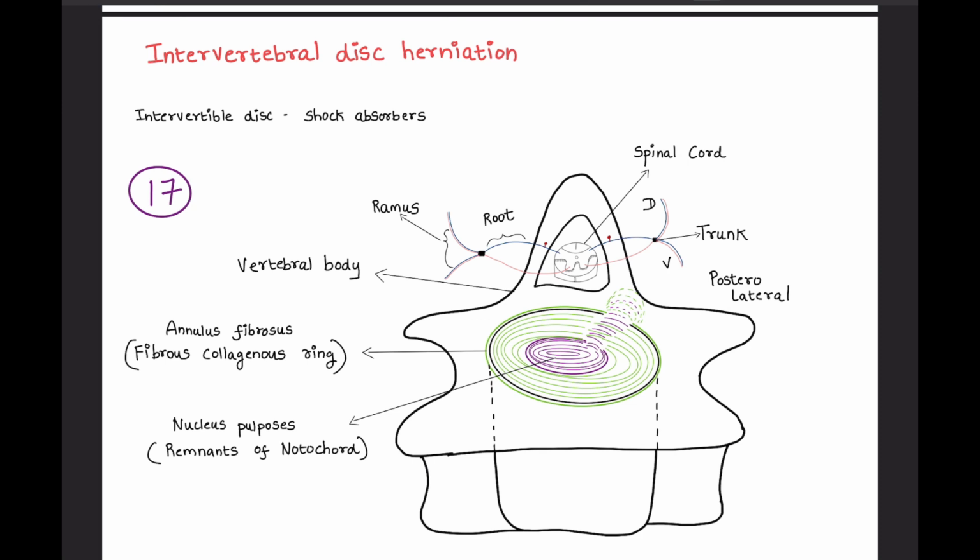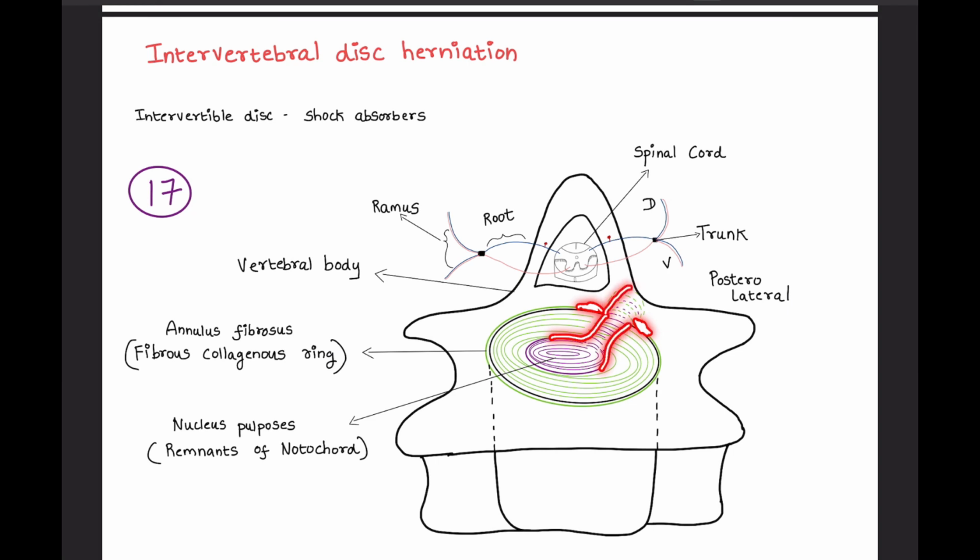Usually in these patients, the fibrous collagenous ring becomes weaker, commonly on the posterolateral side. This fibrous collagenous ring will become weaker, and it will move backwards and to the lateral side of the vertebral body. So if the border is weakened, then the nucleus pulposus will also move in this way